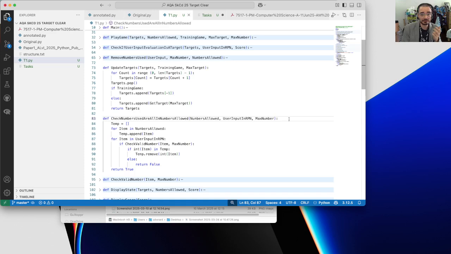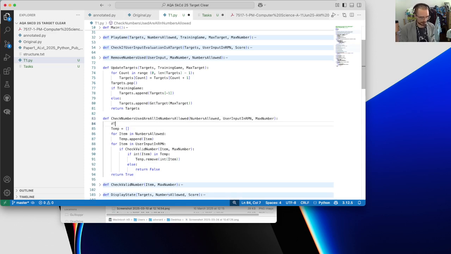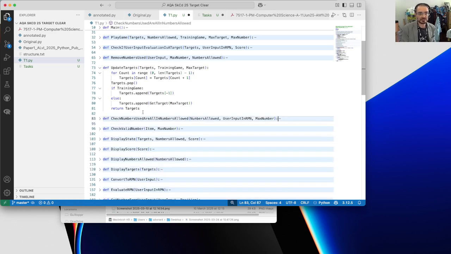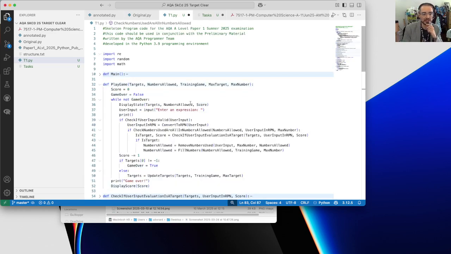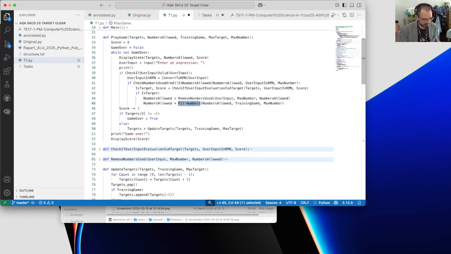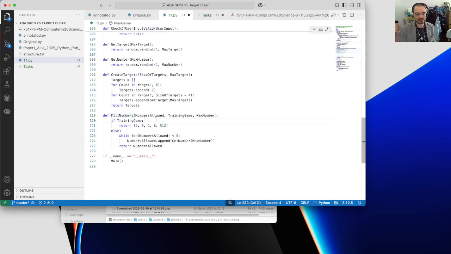Yeah. Okay, one, multiple uses of the same number. And then the numbers are refilled, you'll remember from play game, where fill numbers, right? Look, which is here, and then get number, max number. So this is where, instead of having this wrapper against random rand int, we're going to need to find a